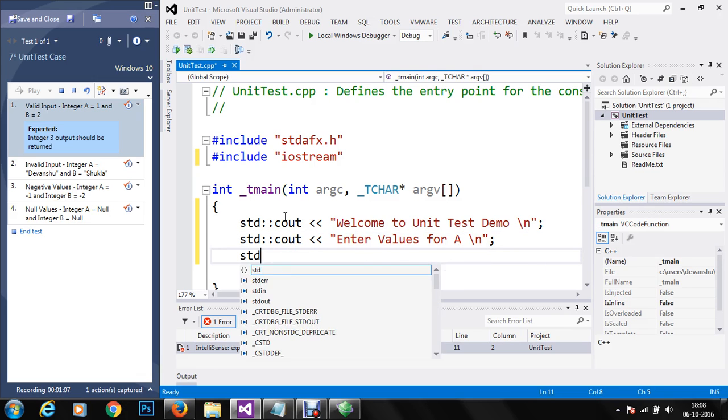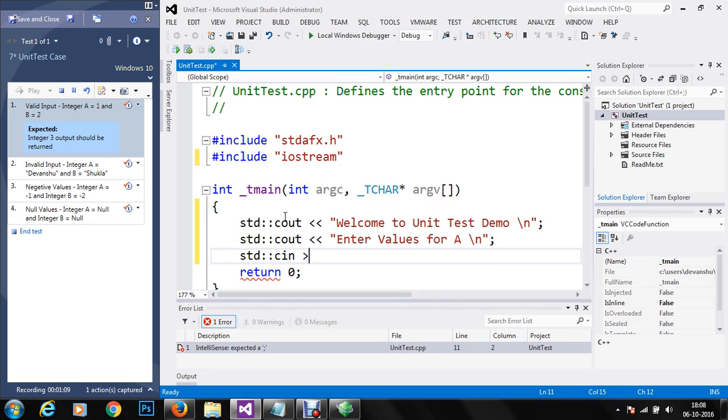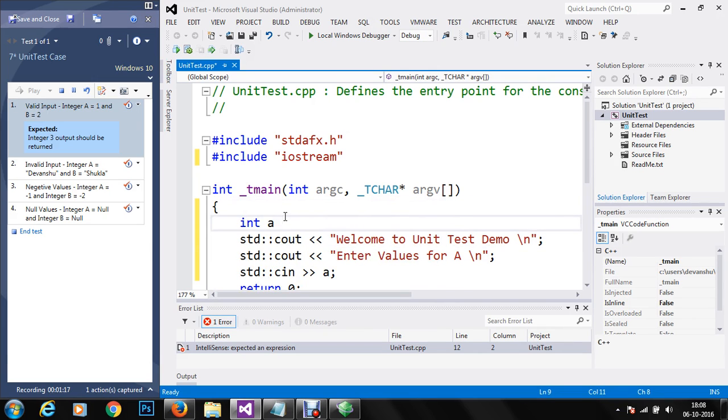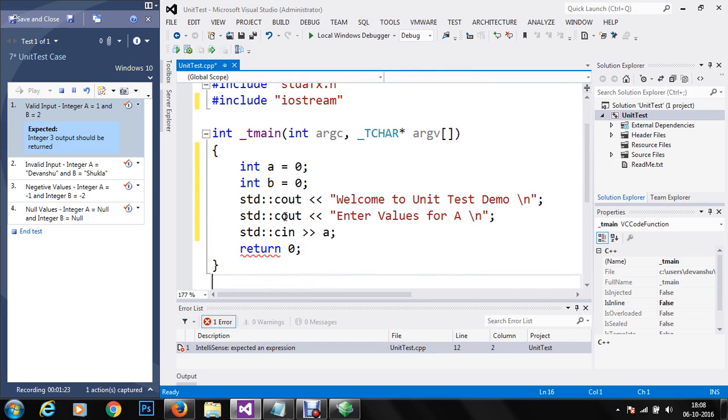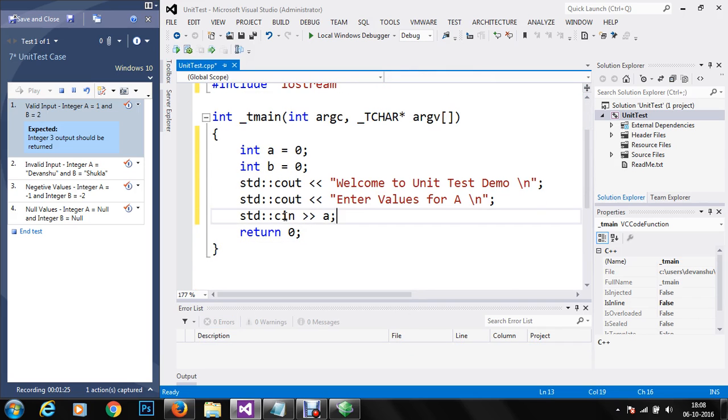Then we are going to receive the input and store that into an integer, a. So we are going to take an integer and initialize it with 0. We are going to take another integer and initialize that with 0 as well.